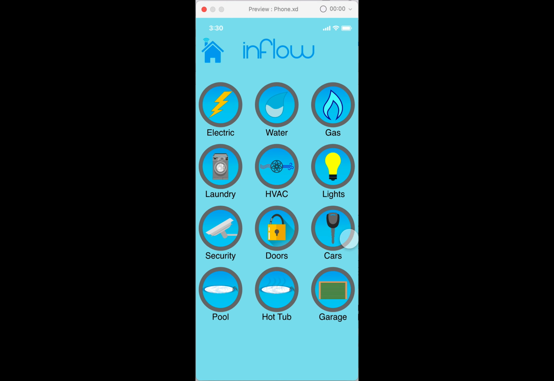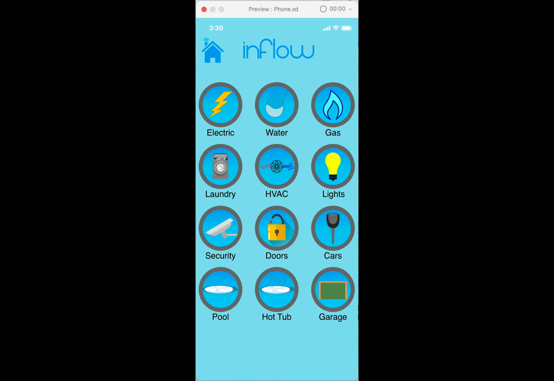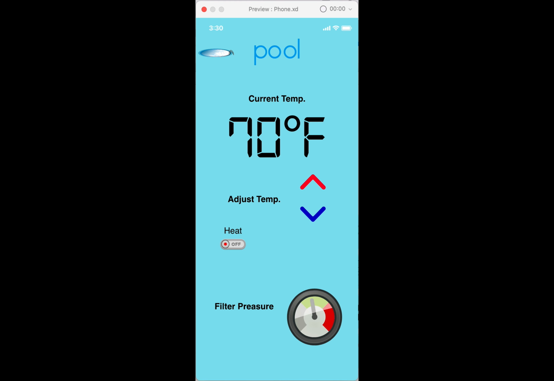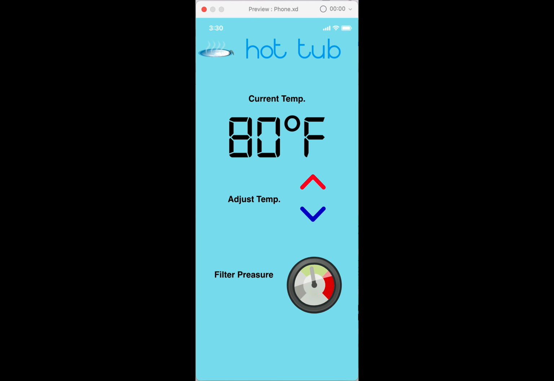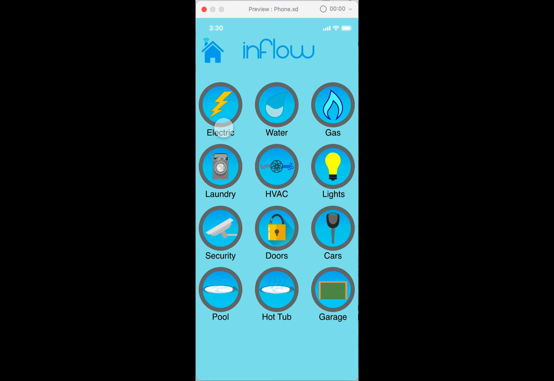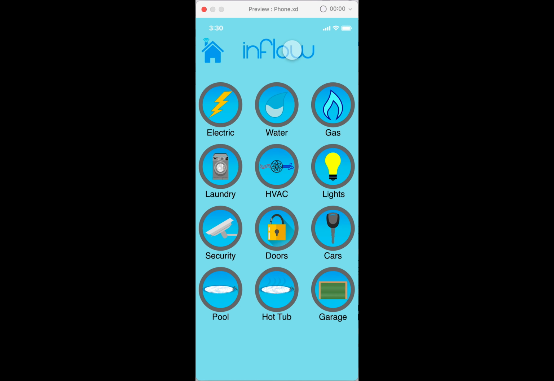You'll be able to open and close all of this, and check why the lights are on in a room, or why your gas bill is high, or if your water bill seems high and it shows that you used more. It'll be easier to figure out, okay, there's a leak here, or